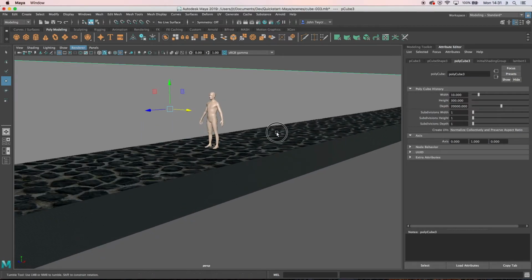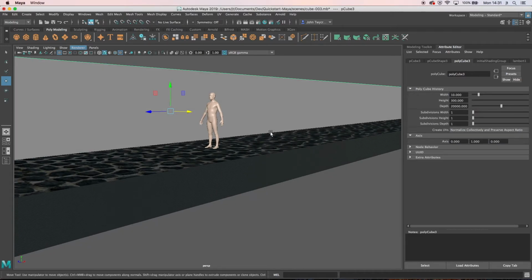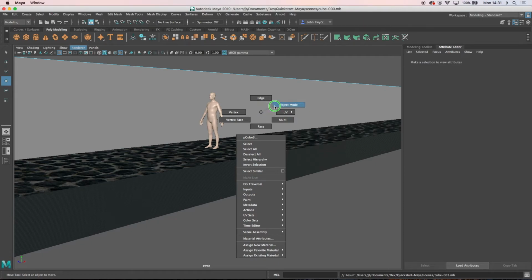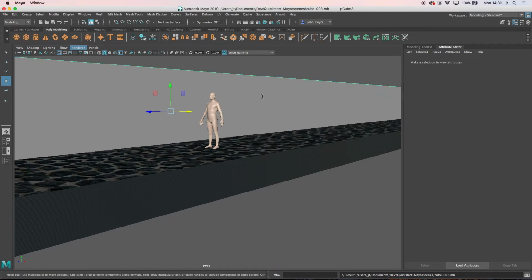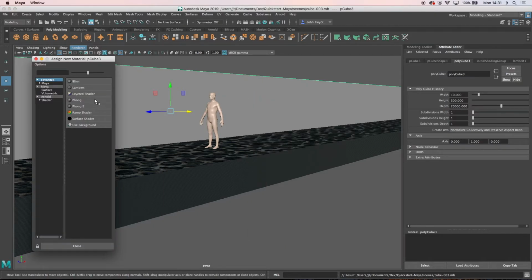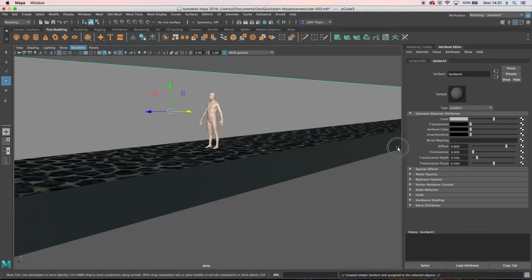And just to recap how I'm working with the objects and the textures as I'm going forward, I'm going to right click on that scene here. It's actually changed mode there, so I don't need to have it in object mode. Turn blue, it needs to be green. I'm right clicking that and holding it down, letting go and pressing assign new material. So this is me bringing in another Lambert